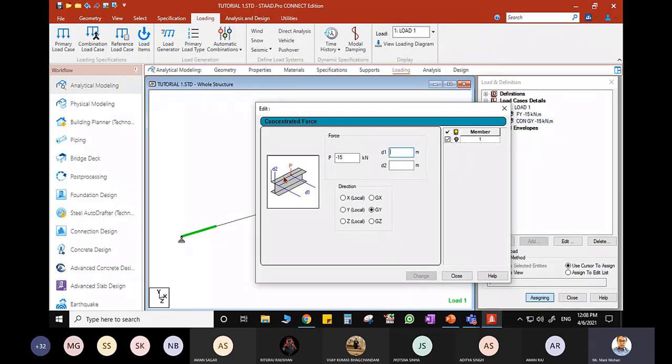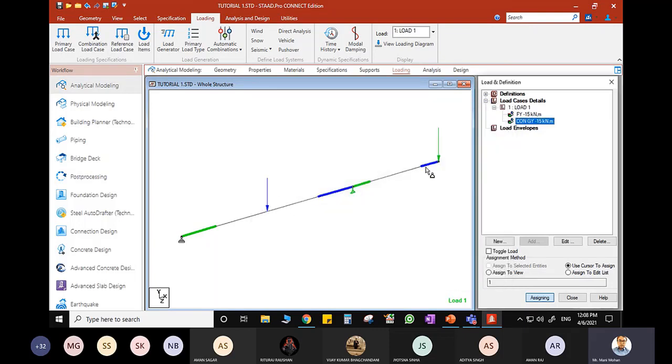But it is possible at many times this load is not applied exactly at the center line. There might be some eccentricity. So that eccentricity can be taken care of by specifying this distance D2. Since this 15 kilonewton load is lying exactly at the center, I can leave D1 and D2. I can do that, and you can see this is how you are getting Shift E.